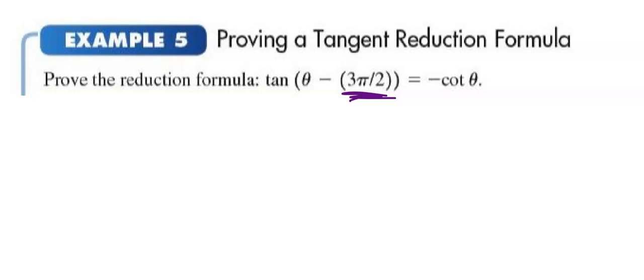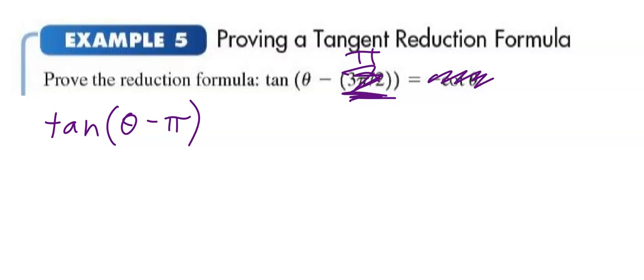I am not interested in you going backwards to that form. I want to know if you could use the simplified version. So I'm going to alter the question. I'm going to change this to pi. And that means we have no idea what it's going to equal. So we're doing tangent theta minus pi. So if I follow what they have, I would have tangent theta plus tangent pi